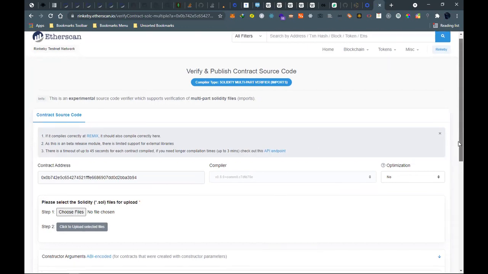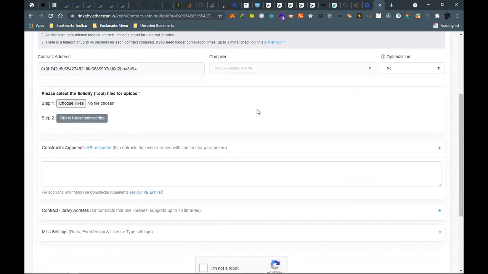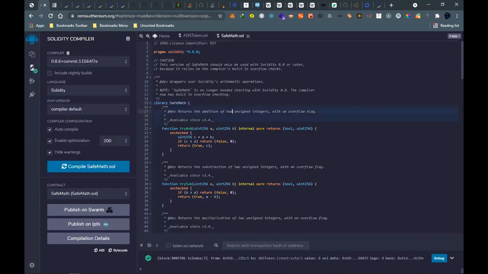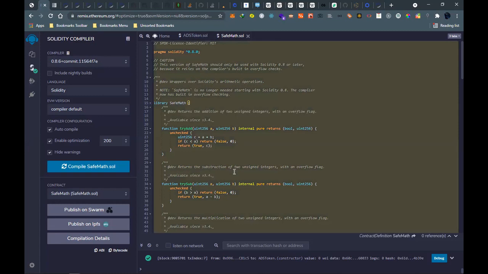And then I'll save my file so that I can choose, since no file is chosen. So I'll have to save this file into my machine so that you can be able to deploy them.